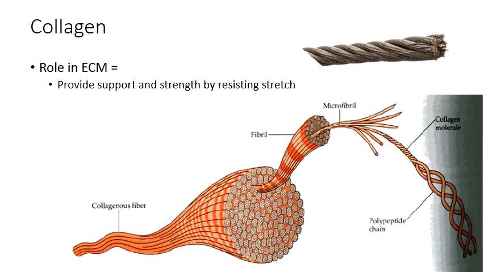Here is a different illustration of the structure of collagen. You can see the different fibers here. In here would be your amino acids, 3 wound together to make a tropocollagen, wind those together to make a microfibril, wind those together to make a fibril, and then wind those together to make your whole fiber there. You can see that would probably give a lot of strength, similar to how it does for